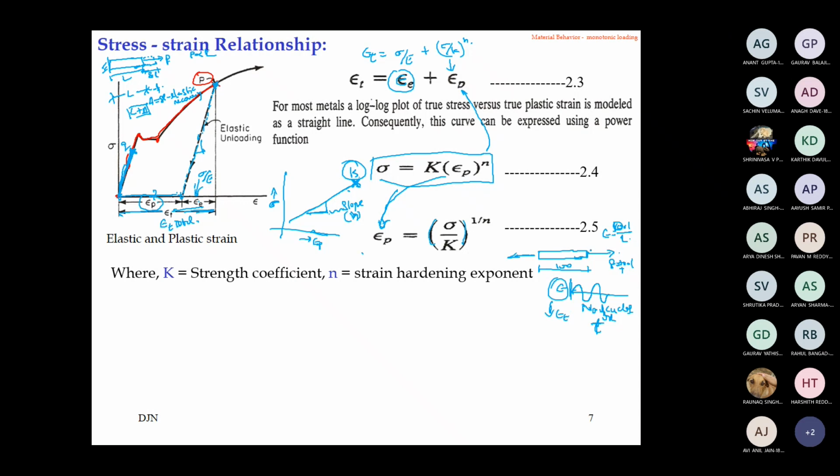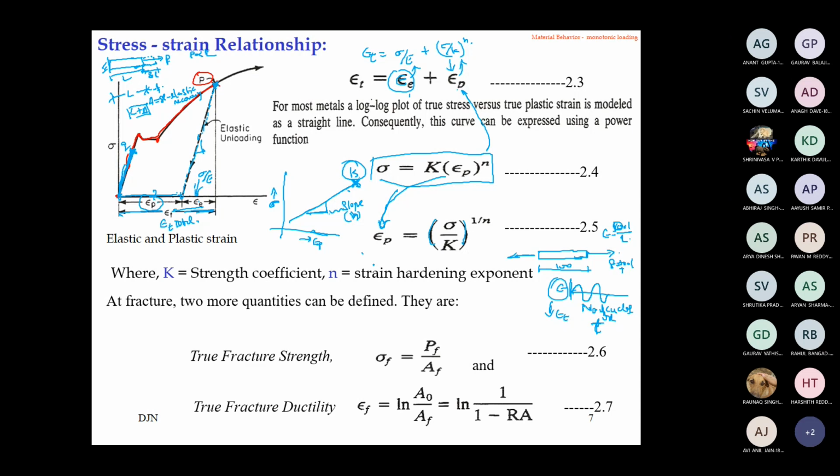In this 0.1, when you pull for 0.1, how much is the elastic part, how much is the plastic part? That has to be determined. So we have that total strain equation, elastic and plastic, and corresponding stress parameters are available in this fashion. Now, with a little bit of simplification of this equation, we can talk about corresponding true stress and true strain parameters.